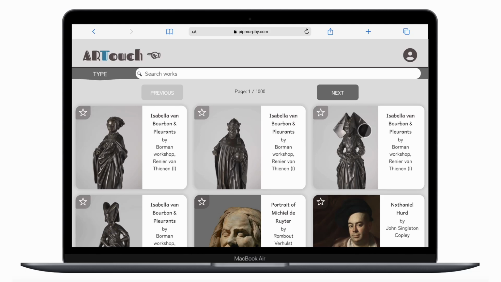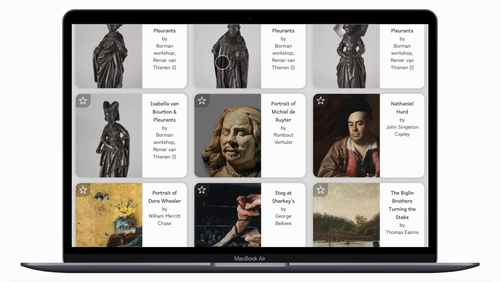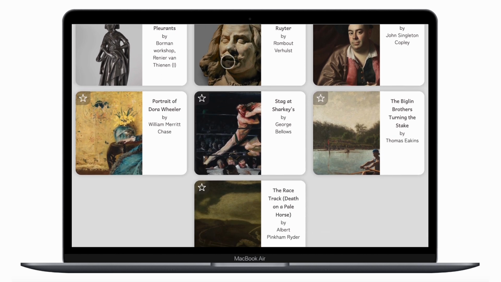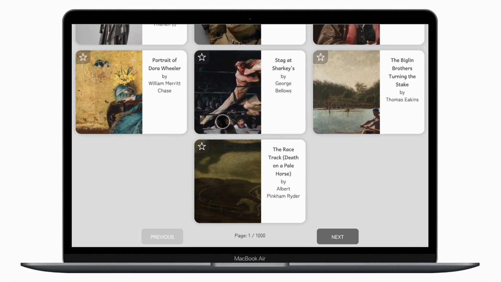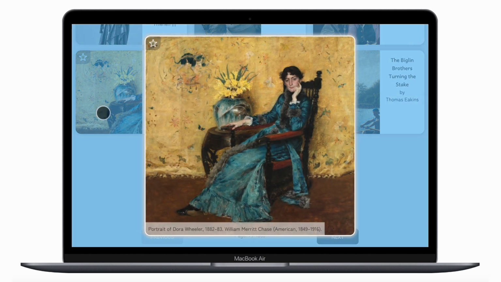ARTouch, a web app designed to make finding and collecting your new favorite artworks a fun and painless experience. ARTouch makes calls to the APIs of the Rijksmuseum in Amsterdam and the Cleveland Museum of Art in Ohio. Users can browse artworks from both museums and click on any that interest them to see an expanded image with